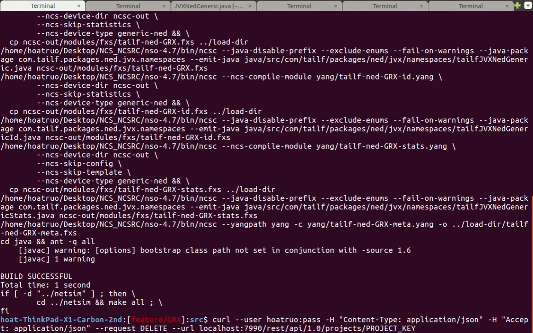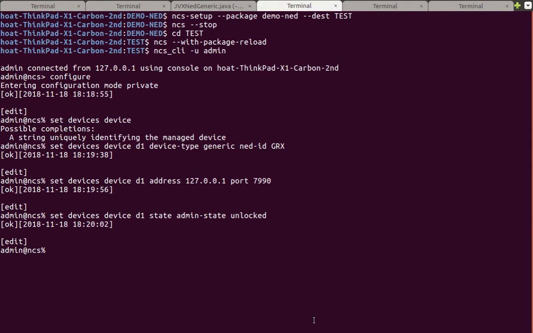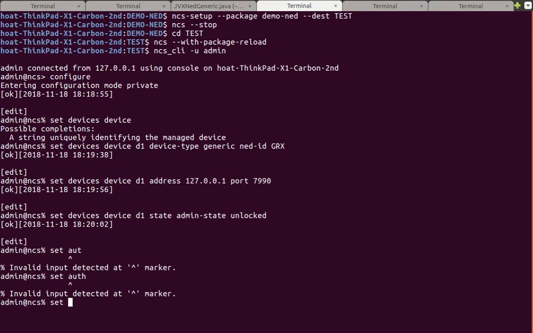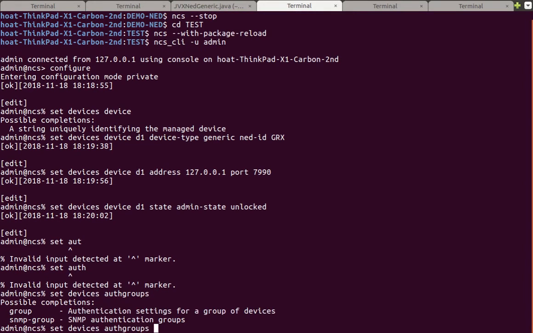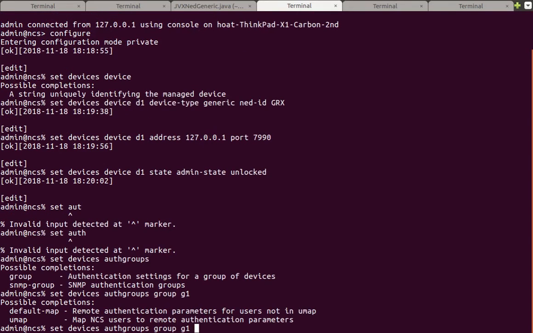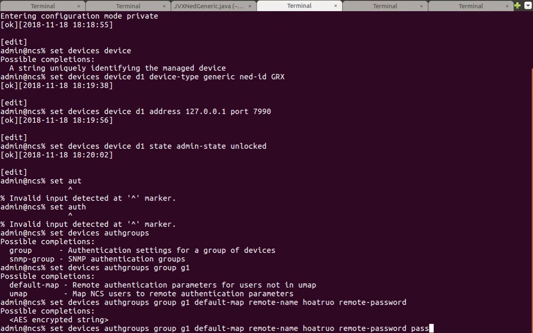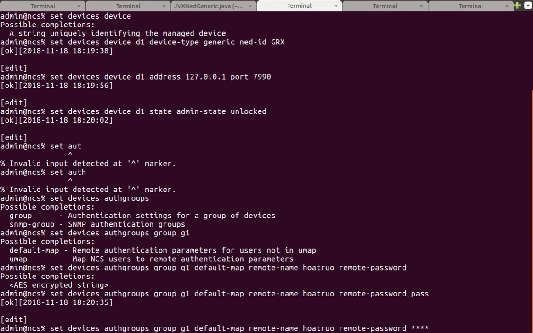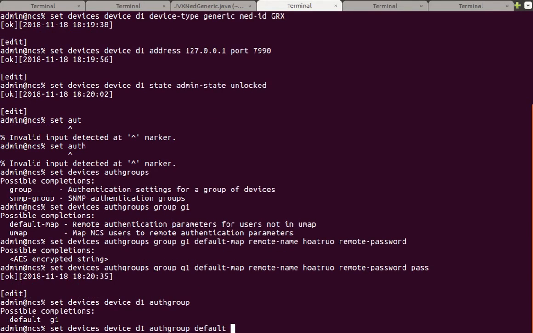When we sent the commands, we had credentials, username and password. In the NED, we store such information in auth groups, so we will need to set an auth group. Set devices authgroups group. We call it group 1. Default map, remote name, that would be this, and remote password would be pass. And then we need to link this auth group to the device D1, and we do it by writing this command, authgroup